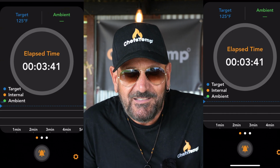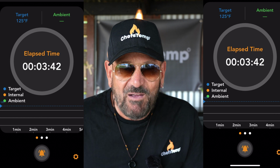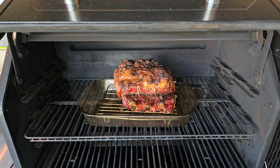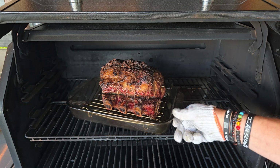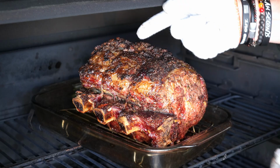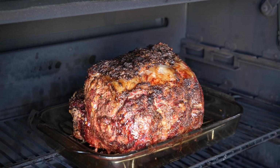Alrighty, here we go. I've got the app up on the screen. We are looking at about 3 hours and 41 minutes on the cook, and we are 120 internal. That should be perfect for that medium rare, as we will definitely get a 5 to 7 degree carryover on the rest. So what I want to do here is let's let that camera run and admire that prime rib